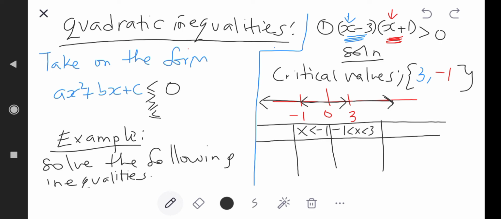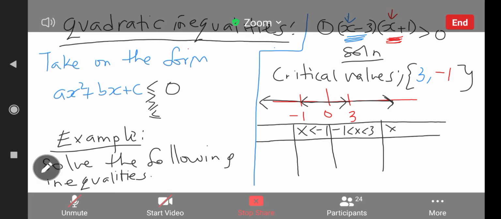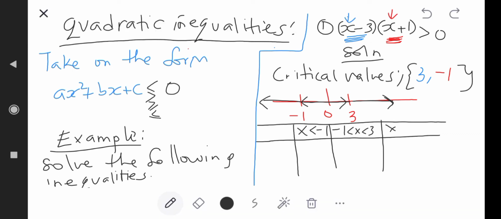Then the third region, for values of x bigger than 3, we shall write x bigger than 3, and that's a representation of the 3 regions